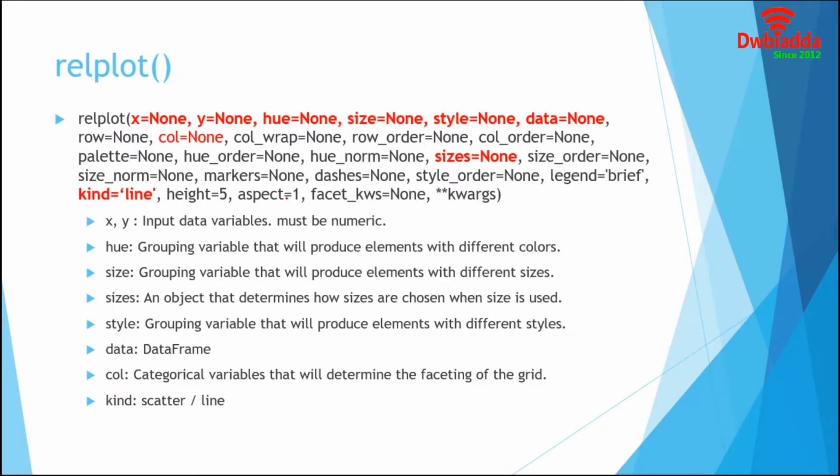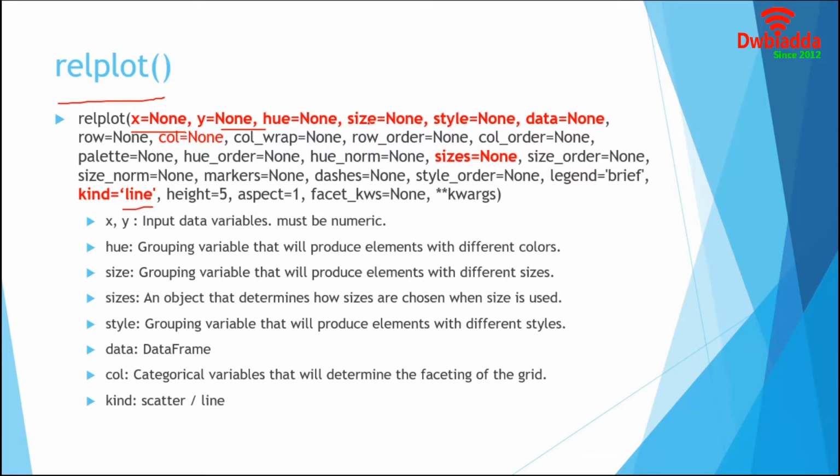In Seaborn, we work with the relplot function. There are many ways to draw line plots in Seaborn, but the most basic is the lineplot function, which we can generate by setting line to the kind parameter in relplot. We have a good number of arguments to represent the data effectively. These x and y are the input numeric variables.